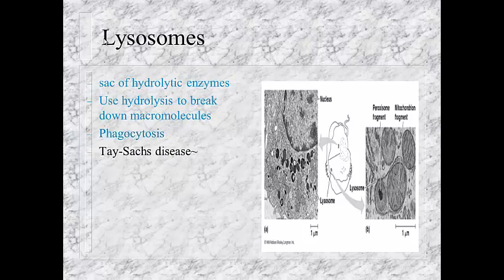Tay-Sachs disease is essentially a lysosomal disorder where you cannot produce lysosomes properly, and as a result, if there are no lysosomes, there's no breakdown of glycolipids and glycoproteins, and they build up and end up causing the neurons in the brain to die, and so this disorder can actually lead to death,